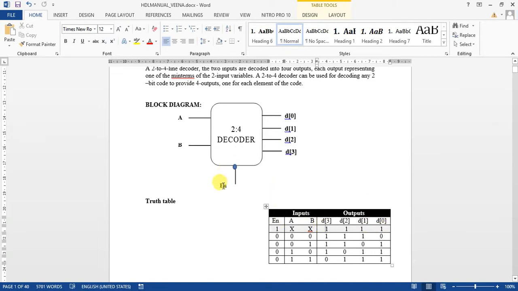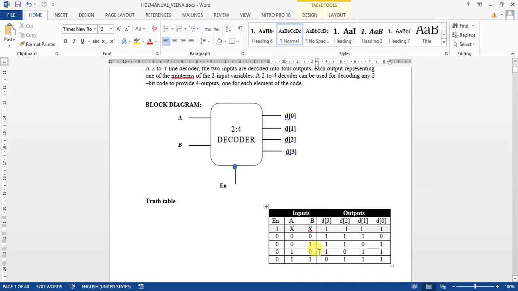Now make enable equal to 0. If the inputs A and B are 0 0, then D0 will go low. Since we are using NAND gates, we are considering active low outputs. So this becomes 0, and if you give 0 1, then D1 will become 0.